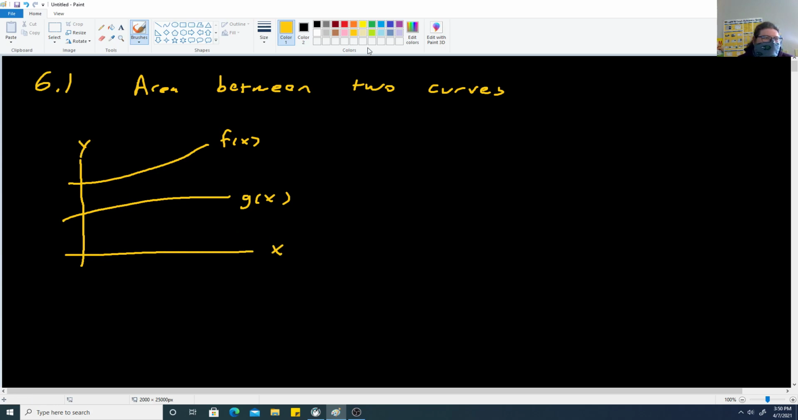And let's say at a particular point, we'll call that point A. At point A, I want to know what's the distance between g of x and f of x. So I want to know what's this little vertical distance here. What I can do is figure out the full distance from here all the way up to f of x's value there. I can figure out the distance from here up to where g of x